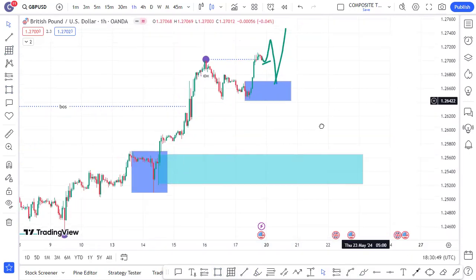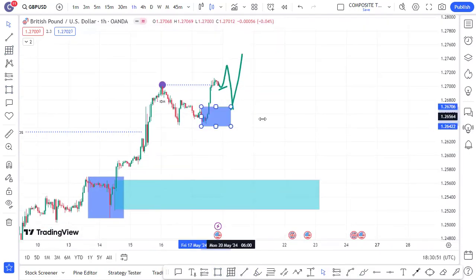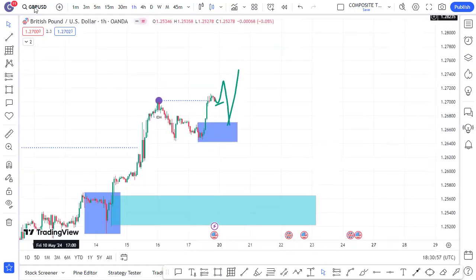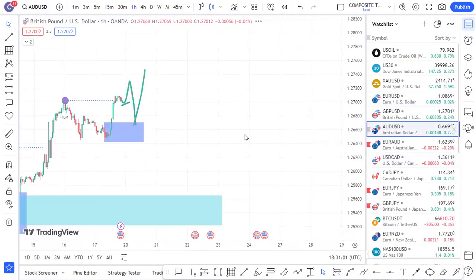Our refined demand, and we can buy there. But possibly this being a strong order flow, we want to see a good reaction on this pair, and we push to the upside, and that is GBPUSD. So the next pair we can look at right now, we can have AUDUSD.